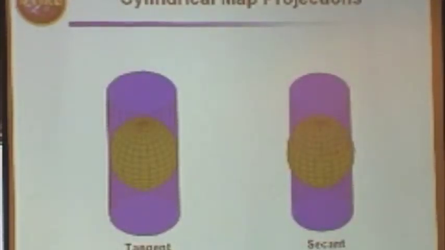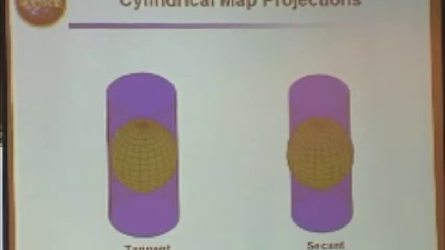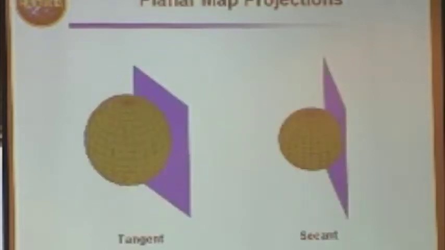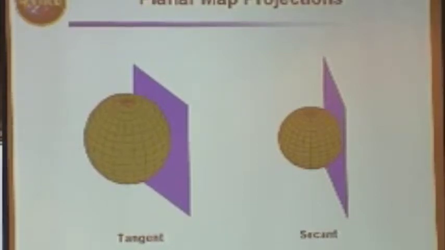And here are some pictures of projections of that type. These are cylindrical map projections. This says nothing about how the projection is done. These vertical lines that are on the blue are only there to show you the front of the figure. We don't show any latitude or longitude projections or any of that sort of thing here. But you can have a cylinder that's tangent and whose center is parallel to the axis of the sphere or ellipsoid that's inside. And over here we show that it's cut into the surface a little bit to mitigate the distortion. Planar projections are the same kind of thing. The plane can be tangent or cut into the surface.